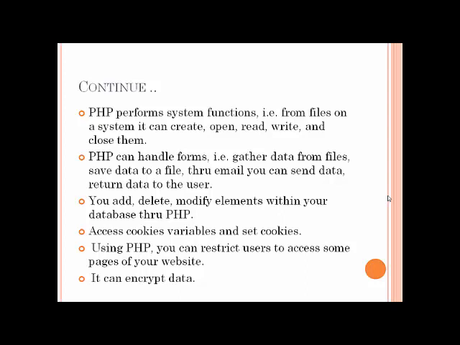Access cookies, variables, and set cookies. Students, I would like to give an example for the cookie. Whenever you open some website and you register or log in, at that time it will ask one query with a dialog box, whether you want to share your data. When you click yes, your user ID and password will be stored in your laptop or computer somewhere.